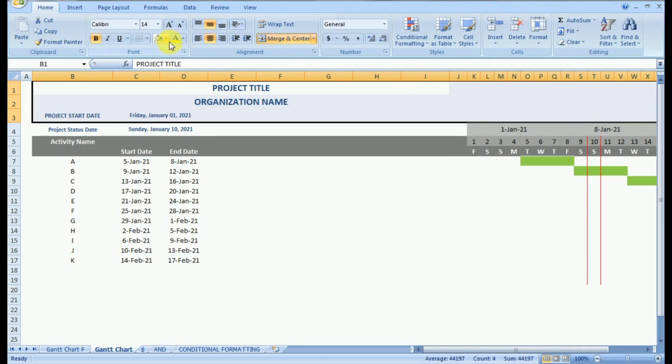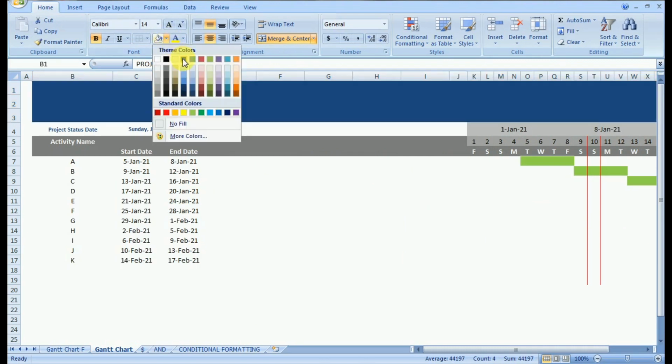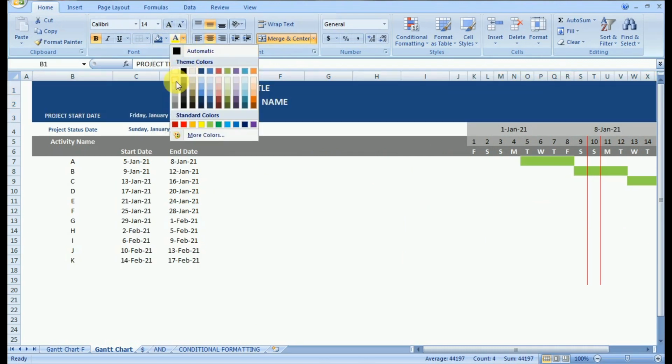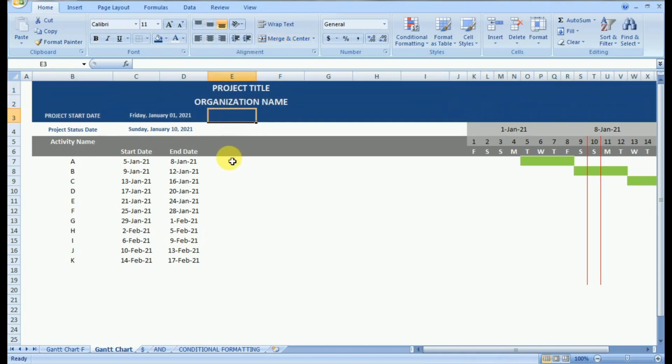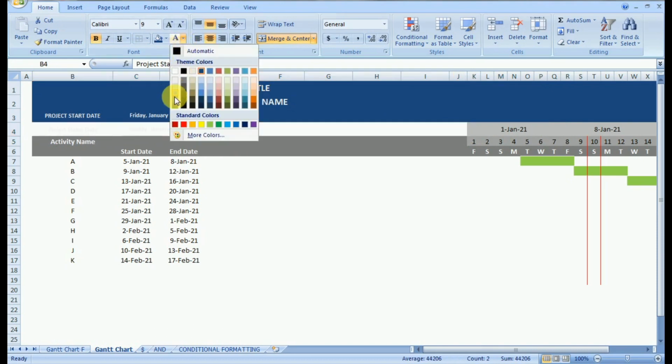We will select the uppermost heading of the project title and provide it with the required color so that the formatting can be done. Similarly, we will format the remaining part.